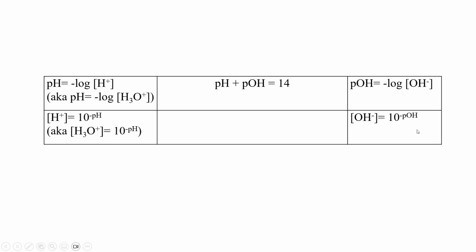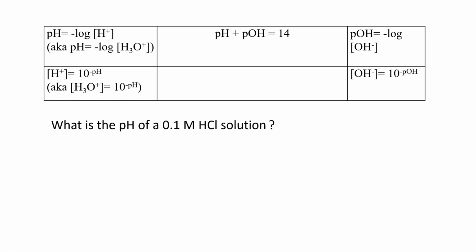So we're going to go through some practice problems now. What is the pH of a 0.1 molar hydrochloric acid solution? So molarity is the concentration of this acid. So this is the concentration of the hydrogen ions that are within this solution. So a 0.1 molar solution has 0.1 concentration of hydrogen ions. So in order to solve this one, we would do